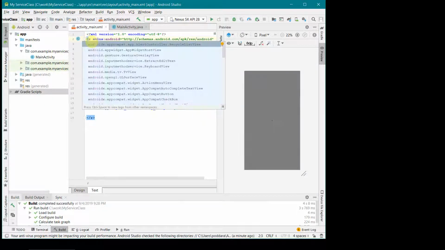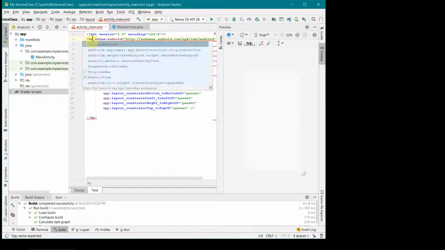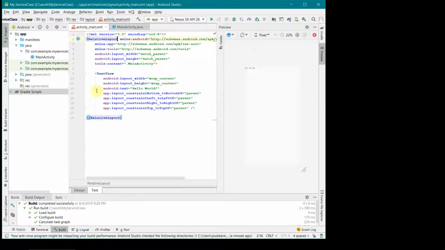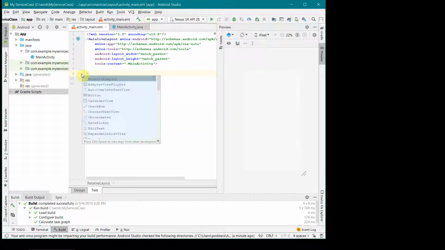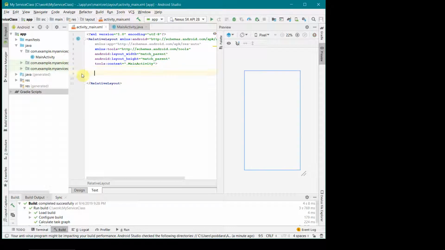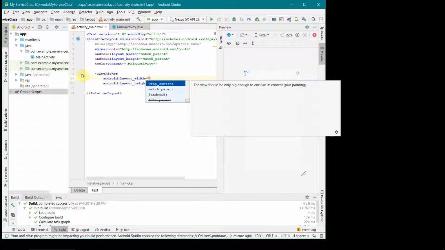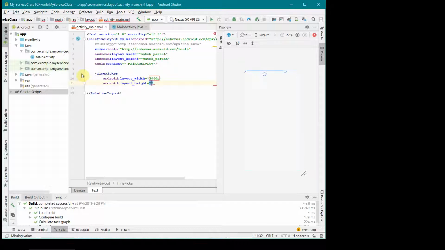First I'll change it to a relative layout, and instead of a text view, which I don't need, I just need a time picker. The width of the time picker I can keep at 300dp, and the height as wrap content.